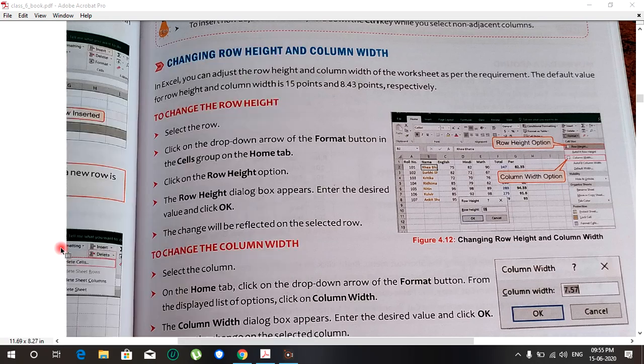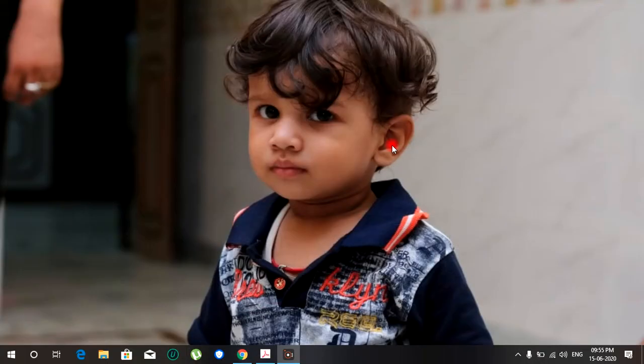Now when we click on it, MS Excel will open. See here, MS Excel is opening. And this is the most important thing I have already told about: there are two ways to change the height and width of the column and cell.